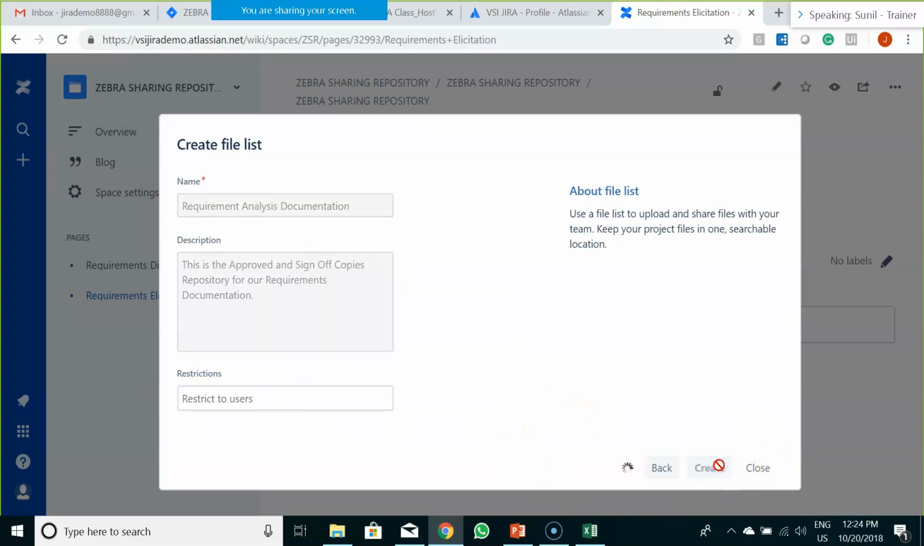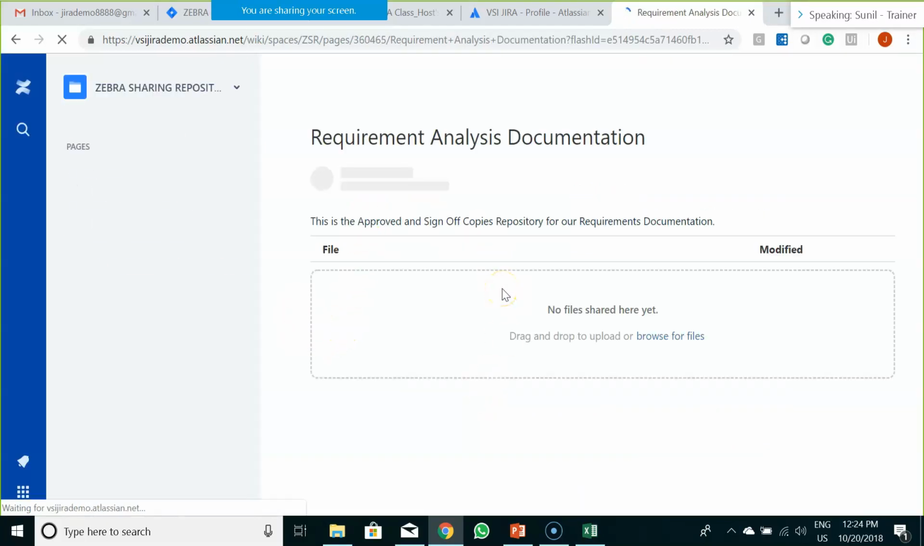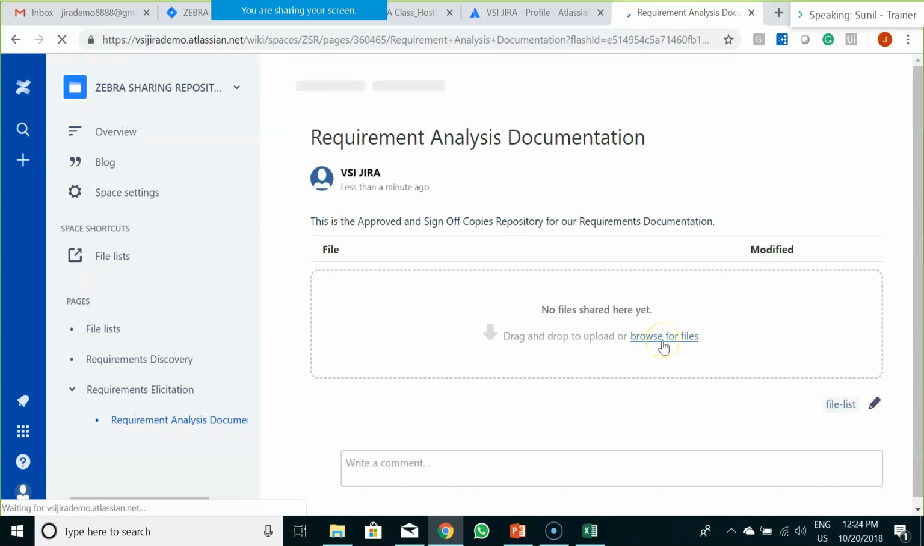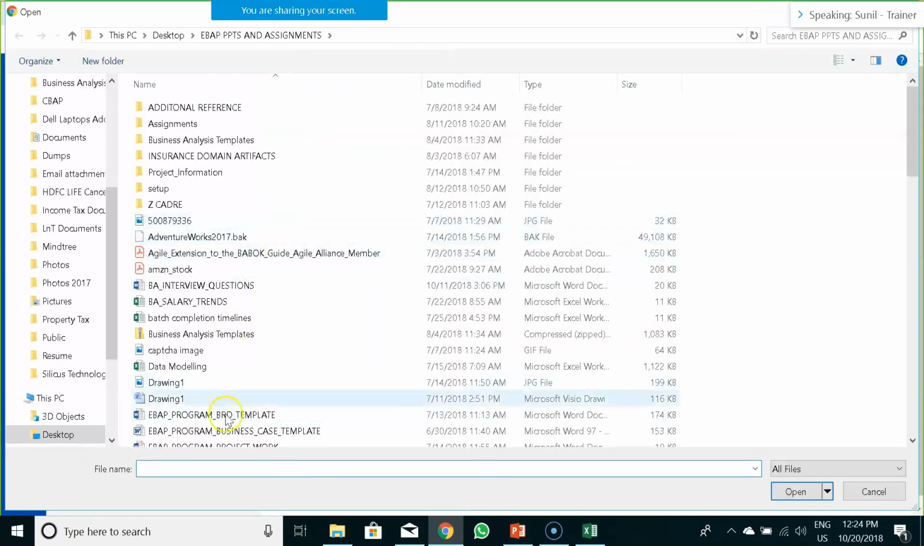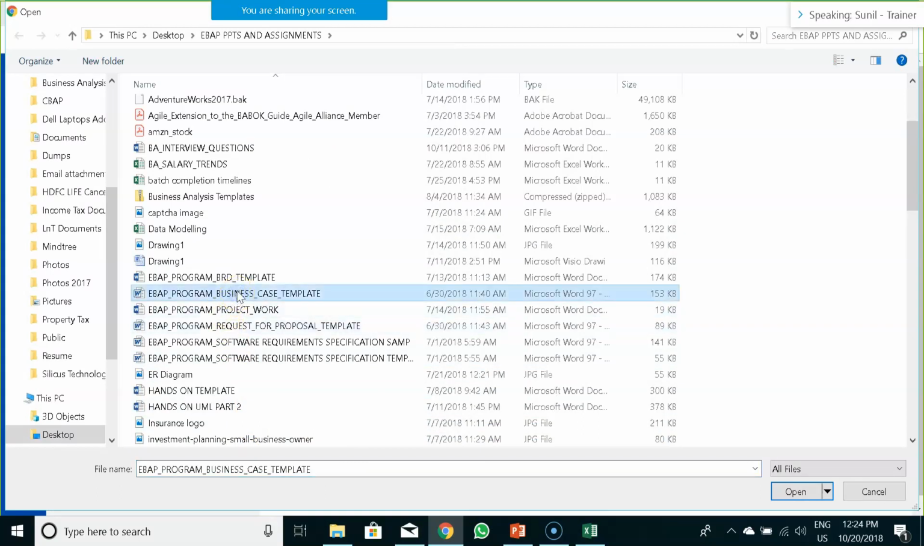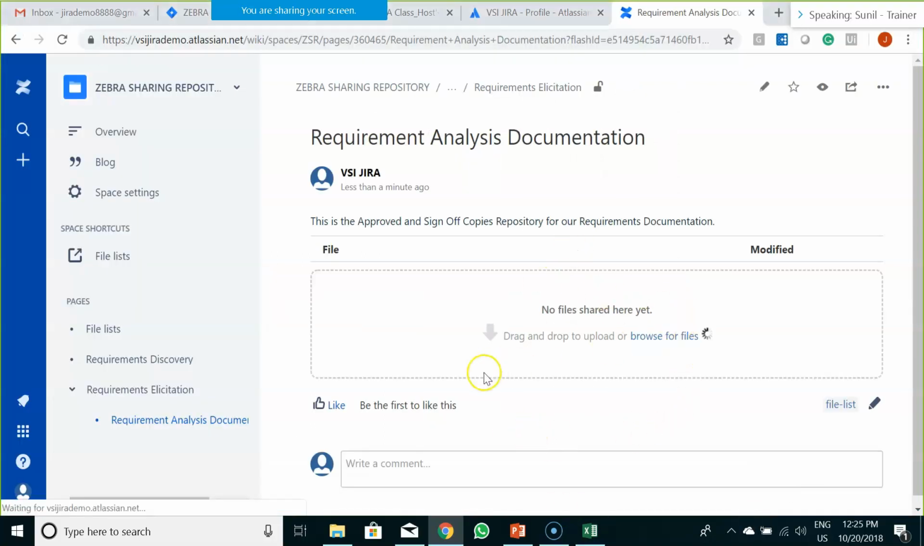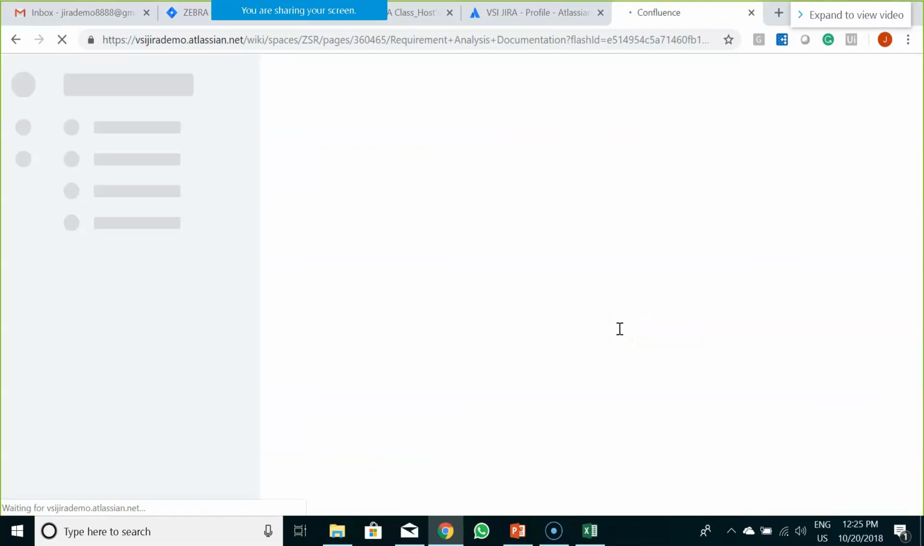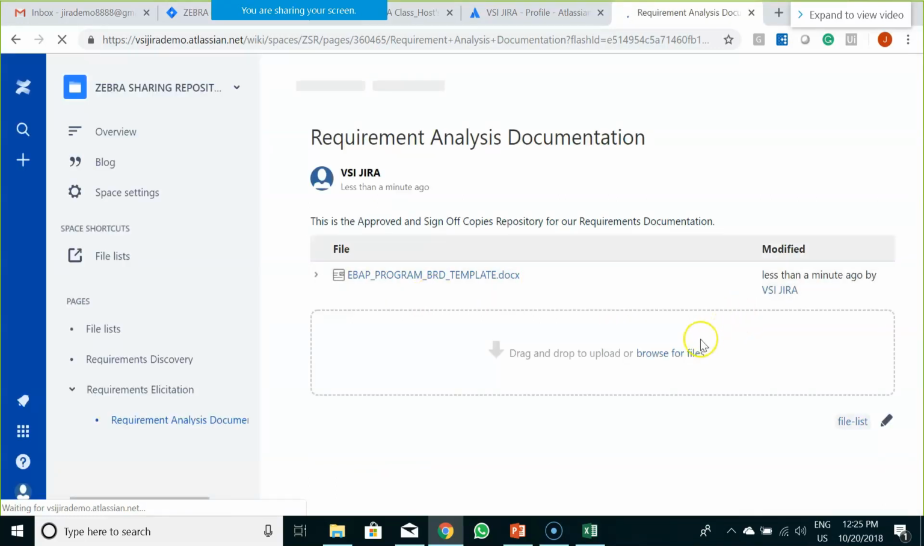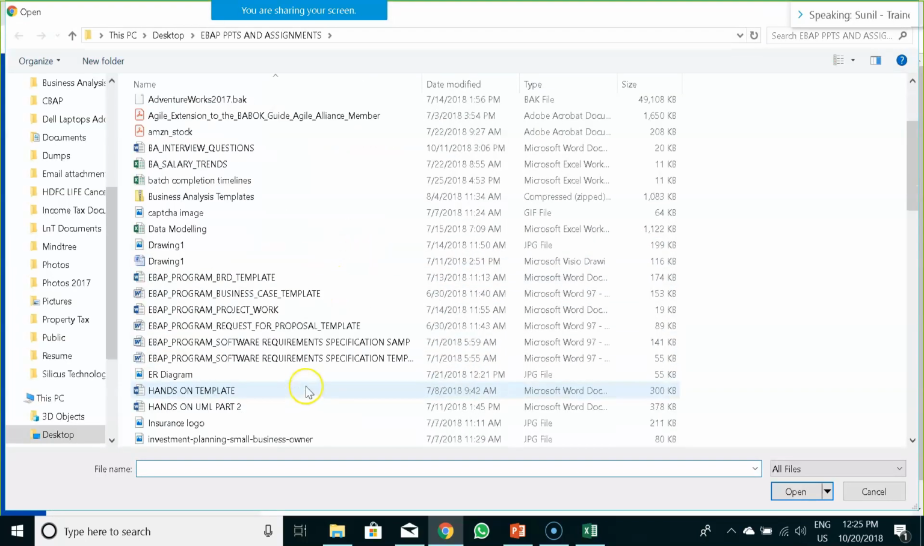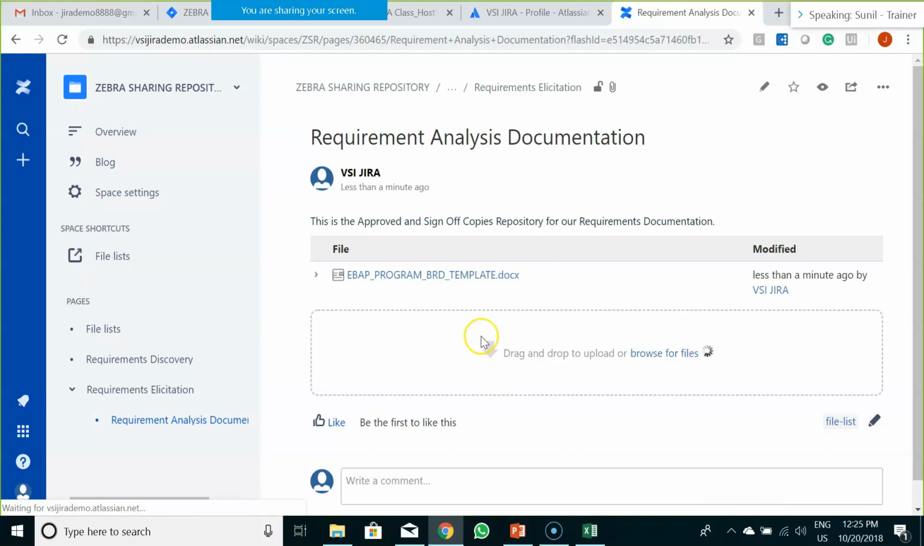After that, you can go about creating this file list, and you can upload all your respective files through browse file. For example, if I click on browse file, I can select my business case template, BRD template, one at a time. So this file is now uploaded. If I want to add a few more files like the proposal template, I can do so. And after you have uploaded the files,